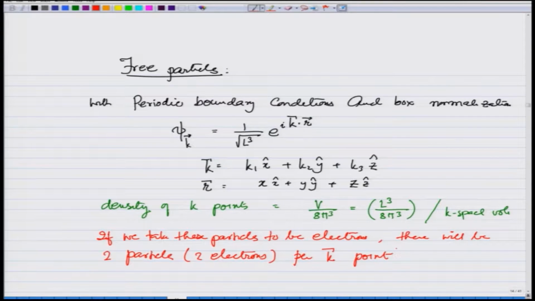Each state can maximum accommodate 2 electrons, and therefore, the k space is going to be filled up to some very large value of k, and this is what we are going to determine in this lecture. So, as I said earlier, free electrons